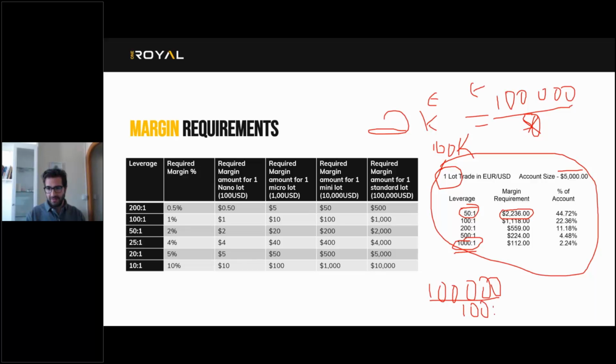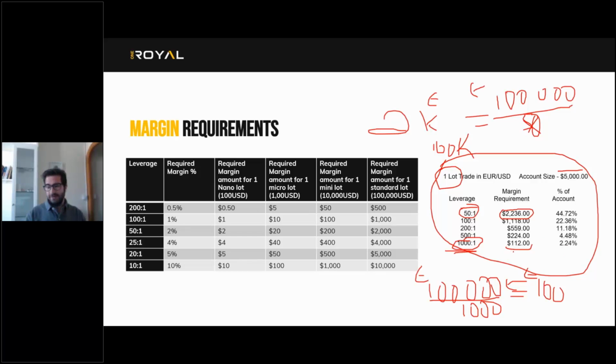So here we're trading 100,000 euro, the lot divided by 1,000. This is 100 euro. Okay, you should deposit just 100 euro to be able to trade 100,000 euro using this leverage here. 100 euro is around